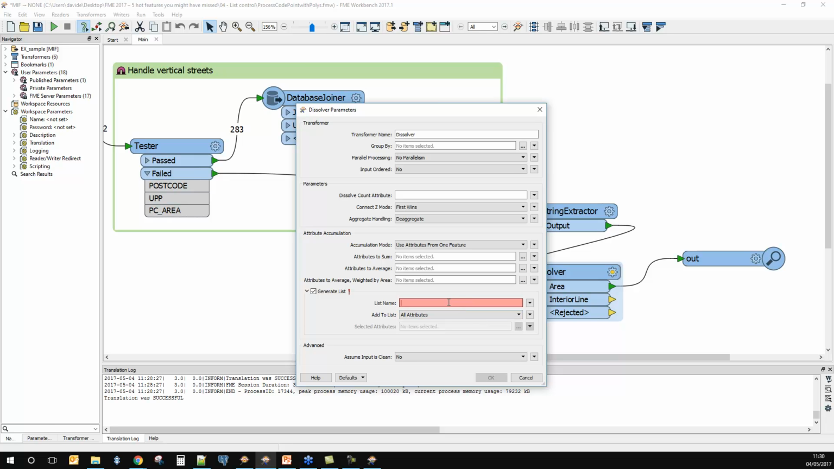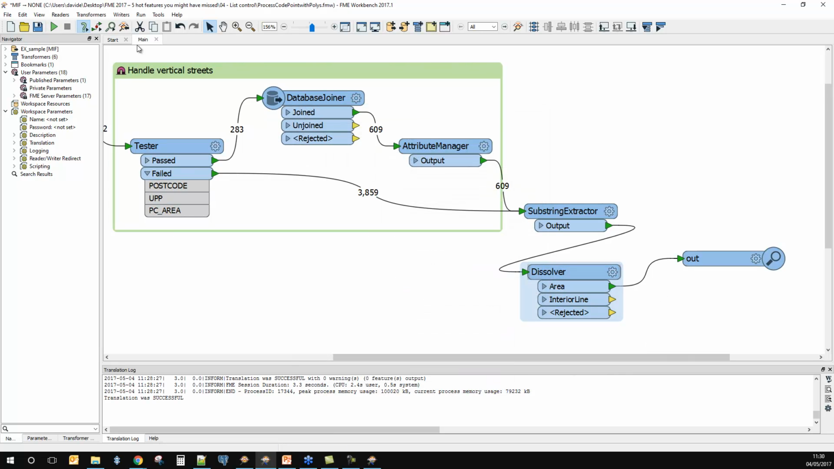In here, let's go and create my underscore postcode members list. Okay, so when I join these postcode districts together, what I don't want to do is lose an understanding of which postcodes made up each district. So I want to pop all of those postcodes into a list. So let's build that list, dissolve out the boundaries,